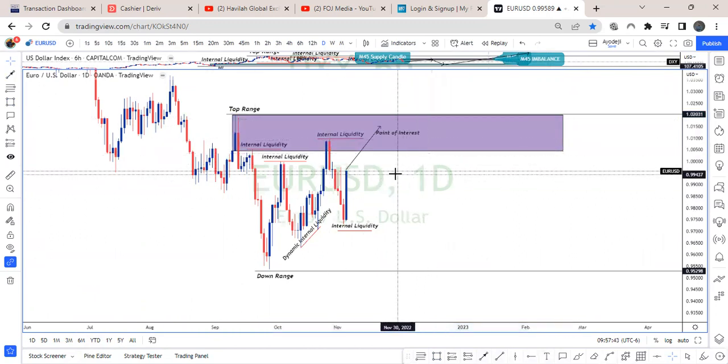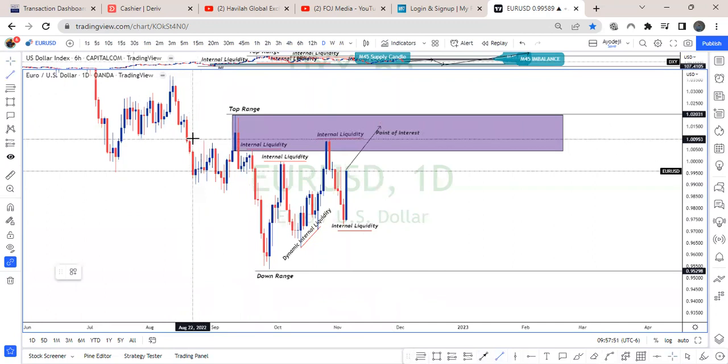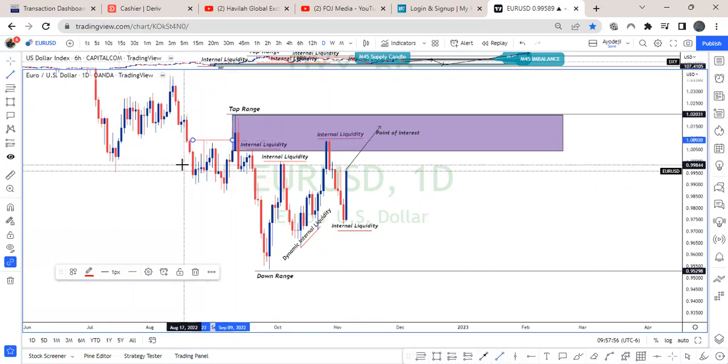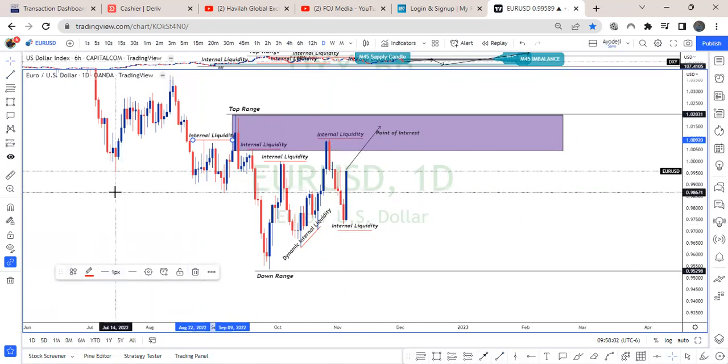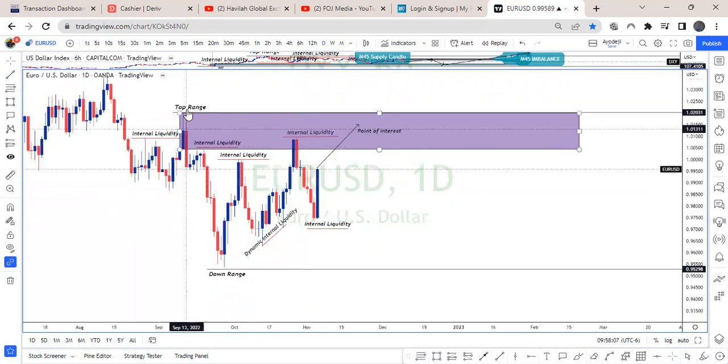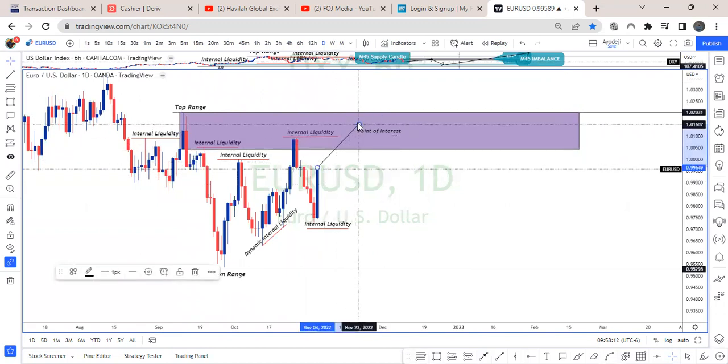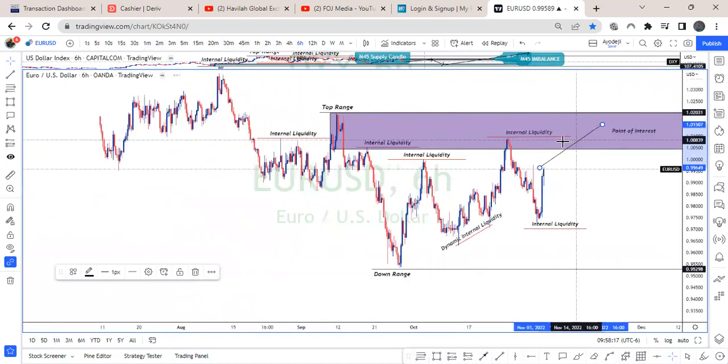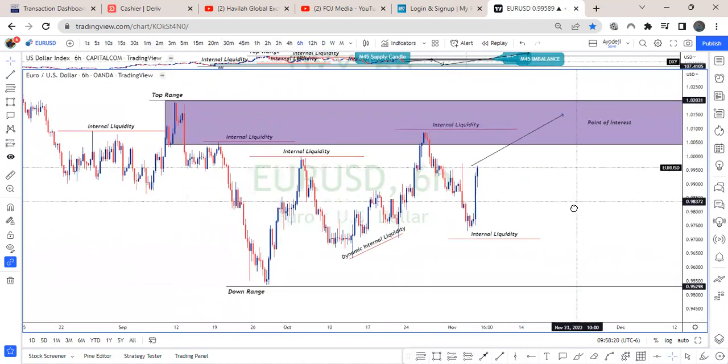Yes, there's a point of interest because this last buy candle took out these liquidities. All these things you're seeing here took out this liquidity. So it took out that liquidity. So this is an institutional candle. So it makes sense for price to come into this institutional candle. In fact, let me use the 6 hours. Oh, very, very clear.